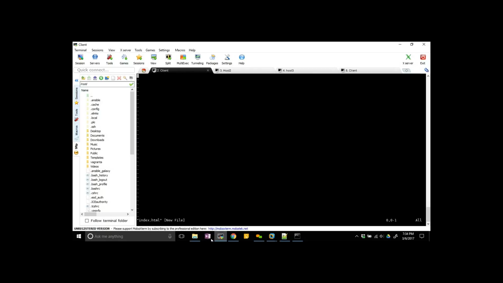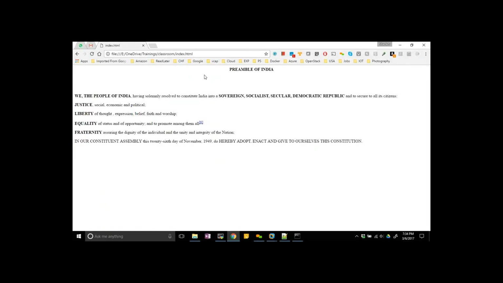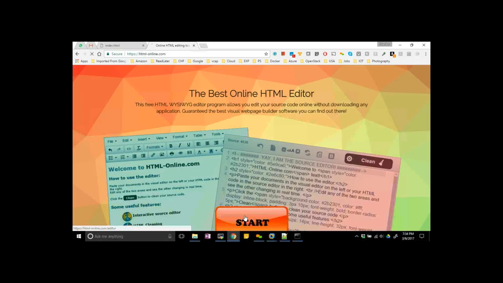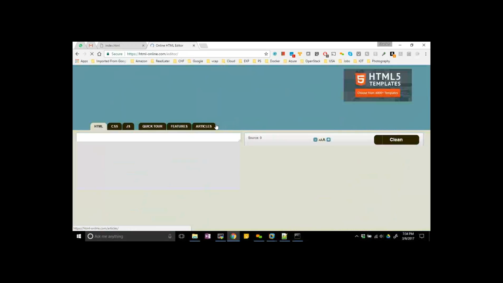So I'm making an index page here. To create an index page, I'm going to create HTML online. I'm just creating a text web page using this online tool.